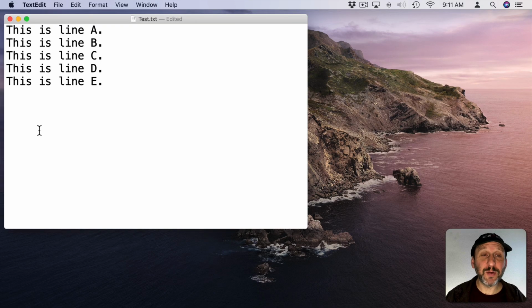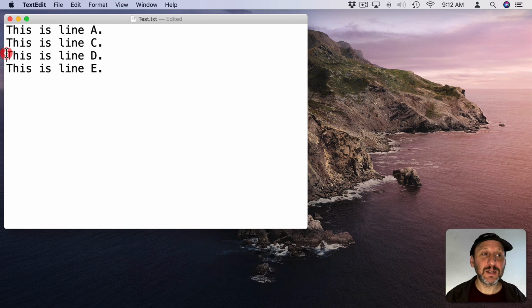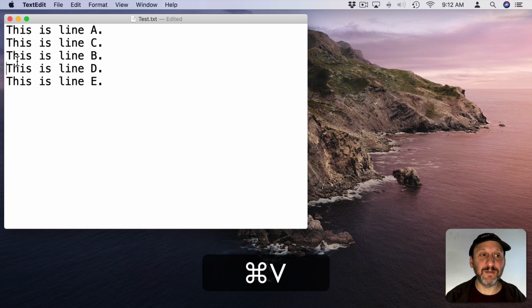So the example I'm going to use here is switching 2 lines. So here I am in TextEdit and let's say I want to switch this line and this line. Now I could do that by selecting the line any number of ways. A triple click will do it, or I could drag and select from the beginning and I could Command X to cut, click on the beginning of the next line, Command V to paste. Or I could just use keyboard shortcuts for it.